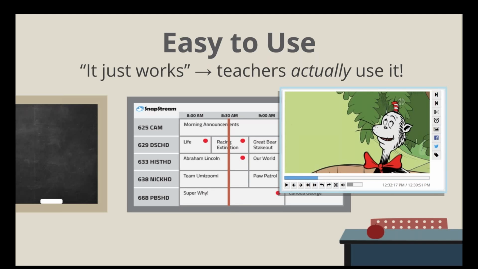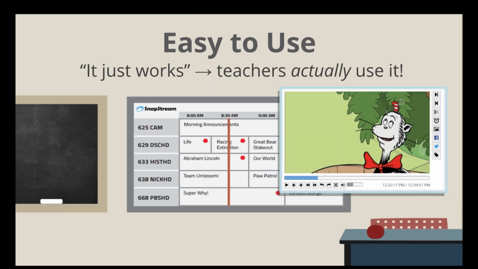This is one of the most important slides, actually, even though it sounds very basic in nature. It's easy to use. When we get pitted against option B and C, people go with SnapStream option A because it's easy to use and it simply works. There is so much technology that's getting thrown around in school systems these days, and if it's not intuitive and if it's not clean, it will not get used. And it's not a good use of everybody's time, and it's not a good resource for school systems.